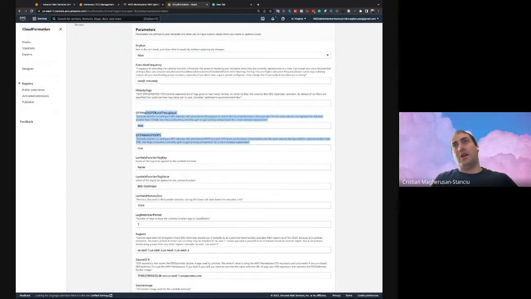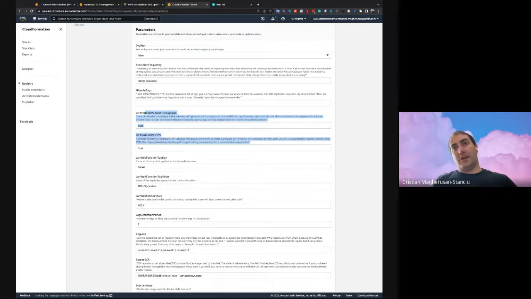The range for IO1 is, I think, up to 64,000 IOPS. And for IO2, it comes around 256,000 IOPS. And GP3 goes only up to 16,000 IOPS.